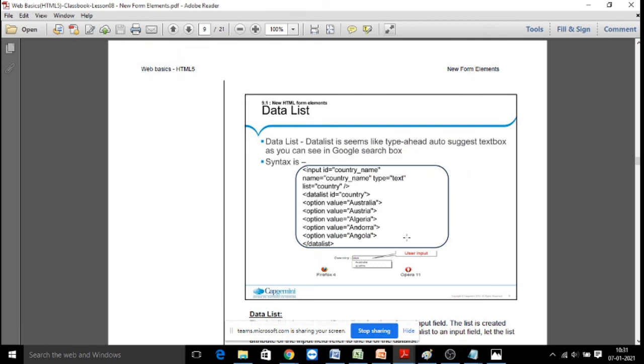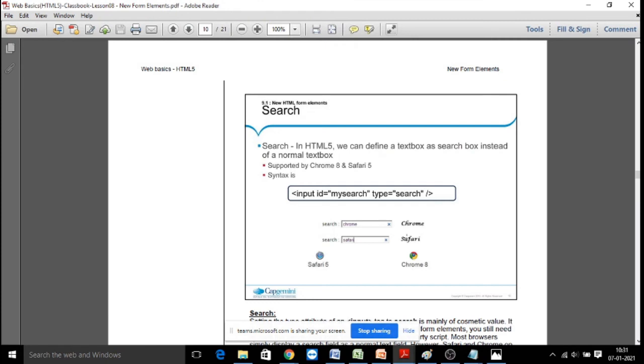Datalist: a list of values you can give like a combo box, a select box. This is all the newly added feature. Search box: input id equal to some name, and type equal to search. Whenever you say search, you will get a search field.